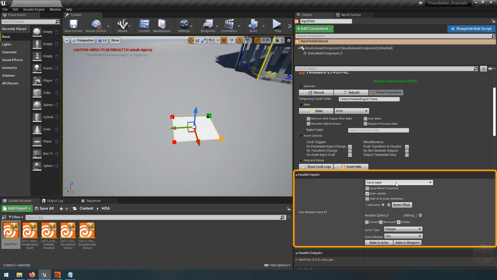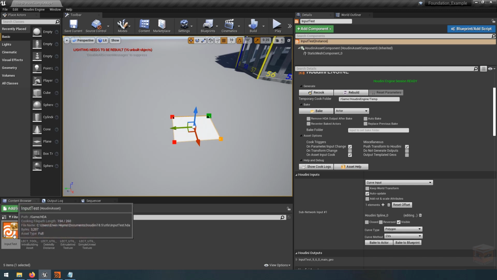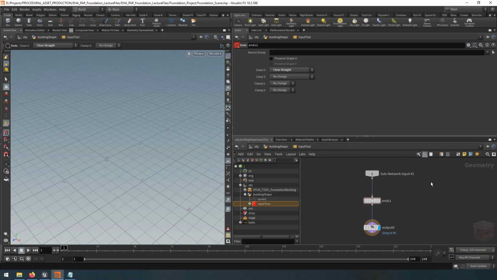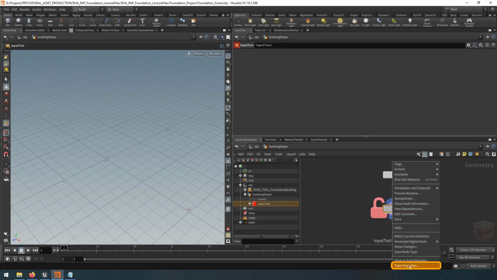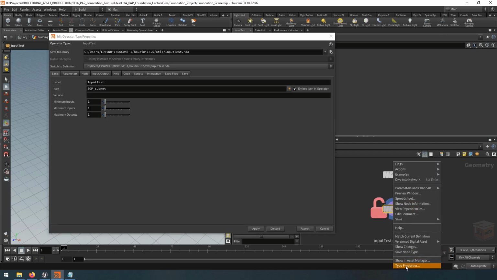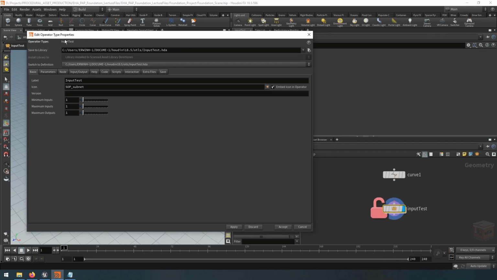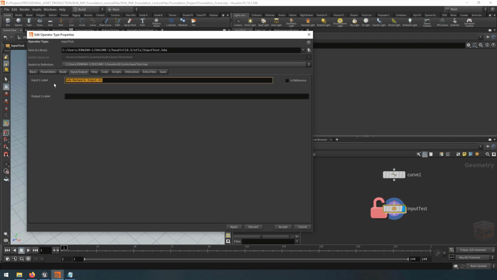Now earlier I mentioned that we could actually set it up so it could generate a curve by default. To do this, we need to make sure that it has the term curve in the name of one of the inputs of this SOP operator type asset. So let's go back to Houdini, and in here I'm going to make a change to this asset. Let's open up the type properties. From here, right click and go to type properties, and then inside of the type properties we can go to input and output, and then here if we type curve and then we apply that or accept,